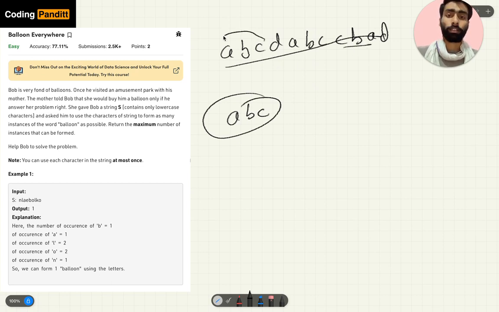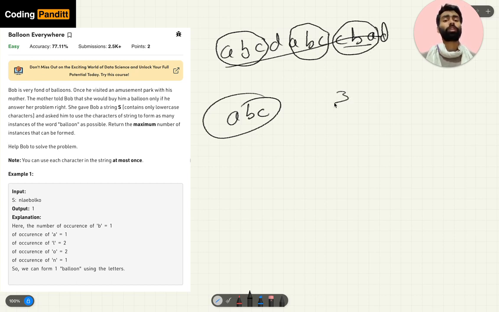Then if we choose this ABC once, we will not consider it for the second time. Now we will choose this one and this one. So total 3 can be found. Here the ordering of these elements does not matter.